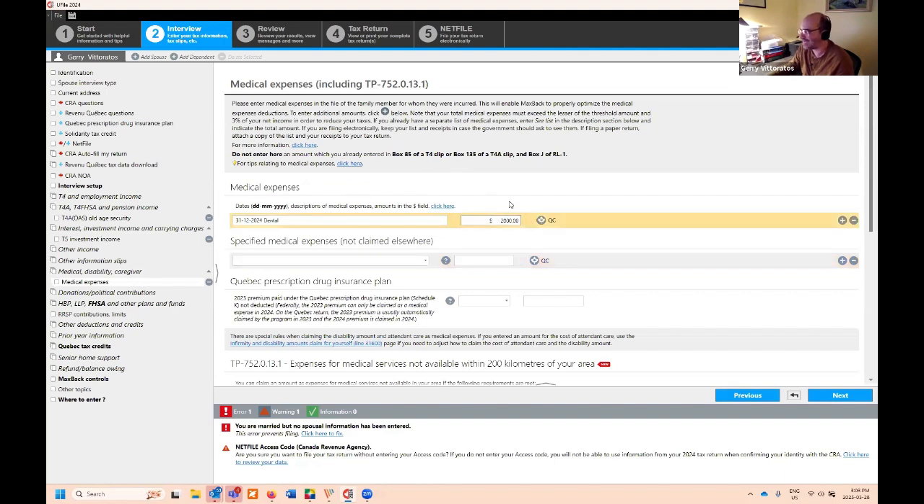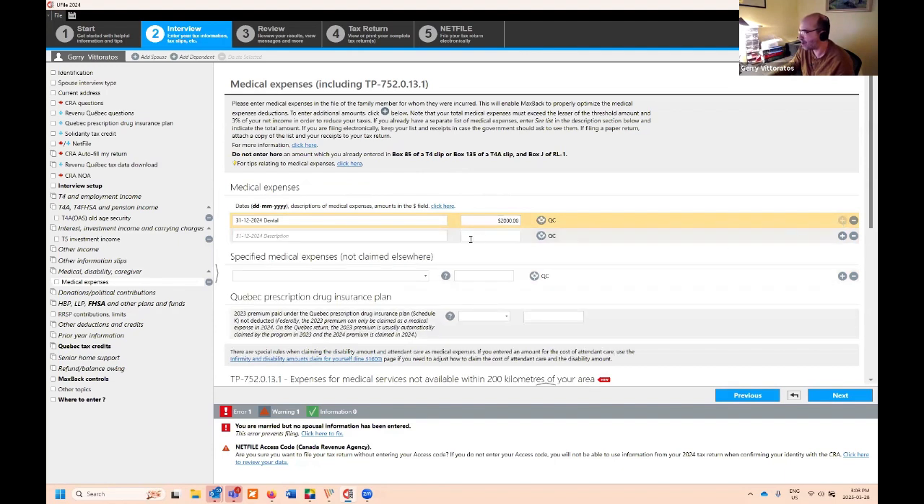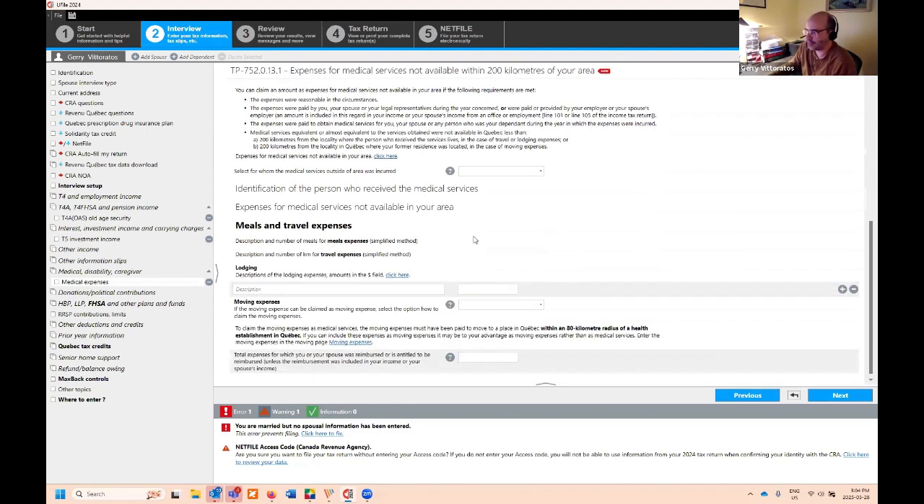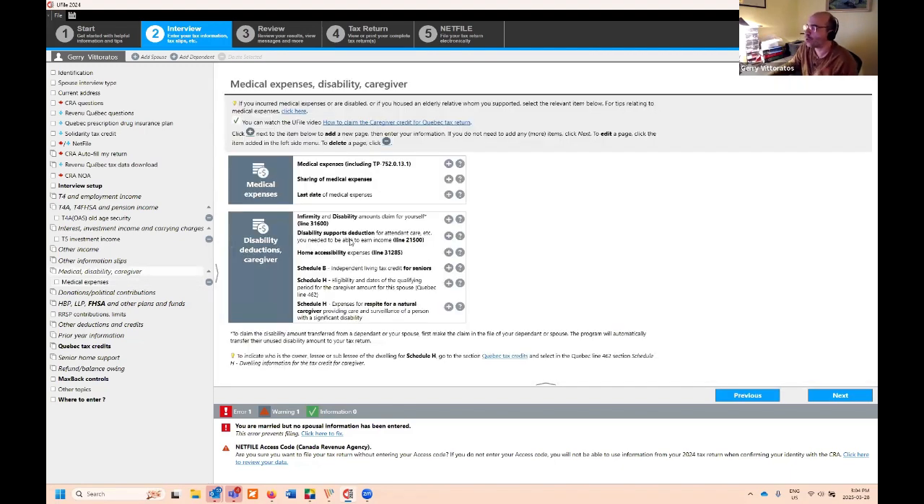When you want to enter an additional receipt, you've got the plus sign right here that you can simply click on, and the program now provides you with the additional entry where you can enter the next medical expense, and so on. All right. Now, if you've got an infirmity or a recognized disability, okay, that the government has recognized in this case through the disability certificate, you go back to the medical section over here on your left-hand navigator, and you see here you've got a section called infirmity and disability amounts for yourself. Okay, and you can claim the additional credit